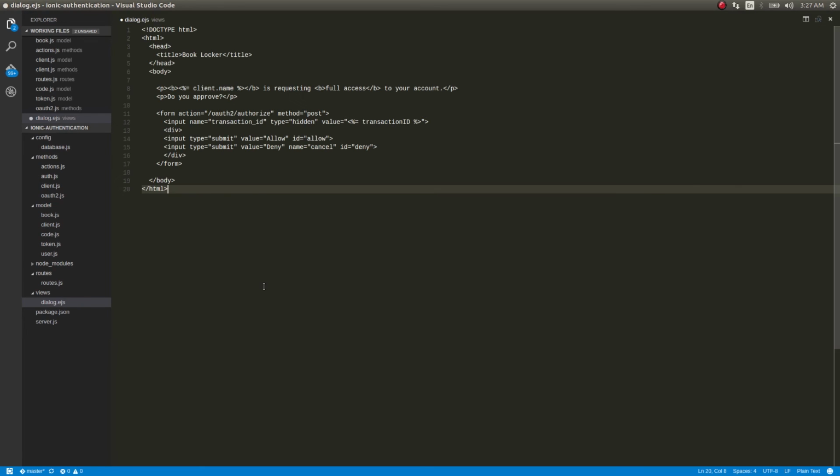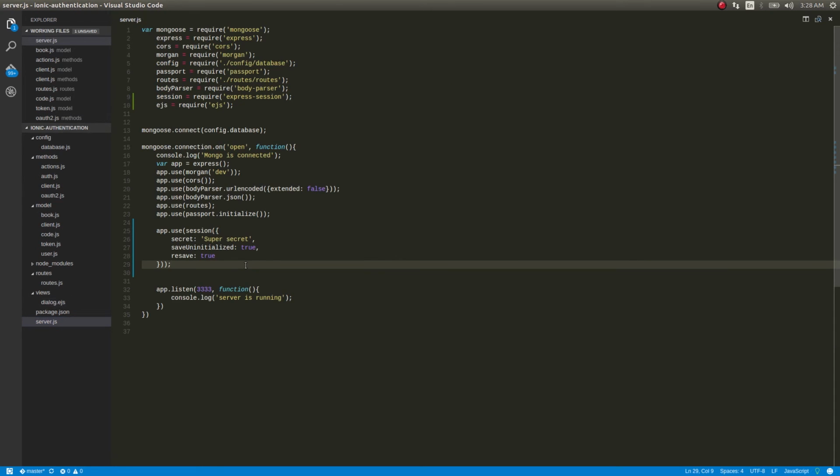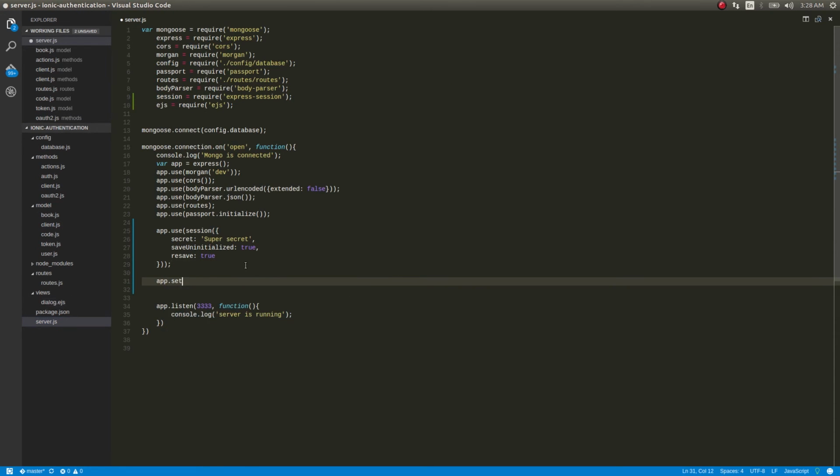I'm not that good with these templating frameworks, that's why I couldn't explain it. It's pretty much self-explanatory, guys. And then we need to set this up here in order for our app to use it. So app.set view engine would be ejs. Okay, this is done.